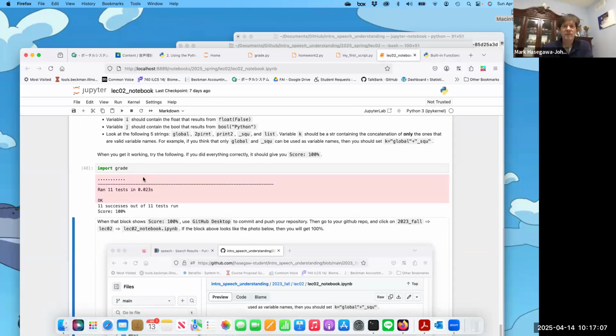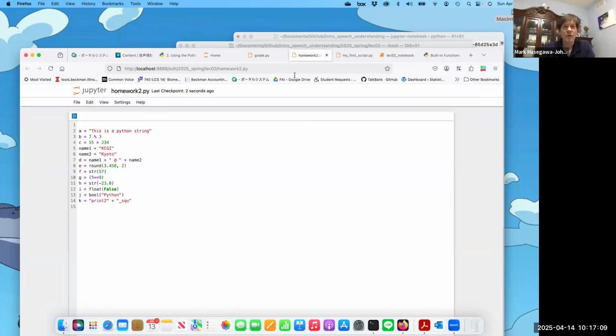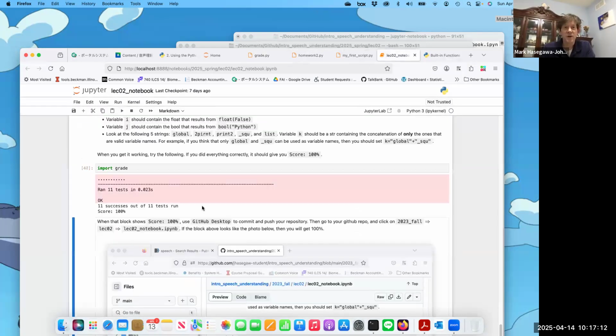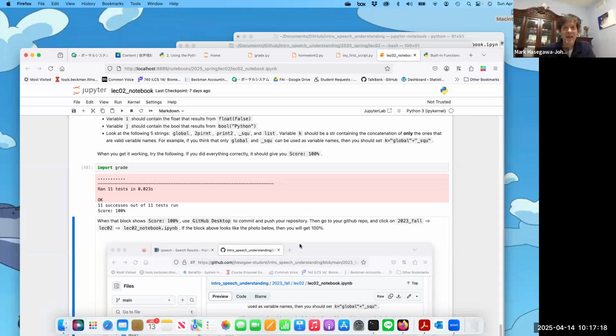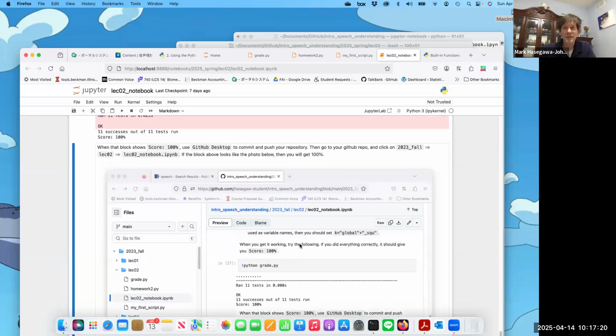All right, now that we've created the homework, we've got the homework working here and it works in our notebook. Now, once you've done that, you need to show me that you've done that. The way that you can show me is to use GitHub Desktop to commit and push your repository. So remember, if we go to GitHub Desktop,